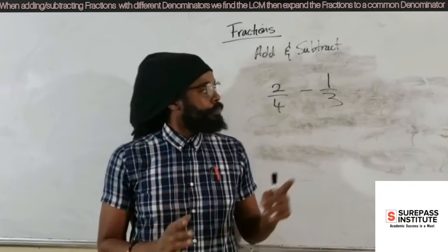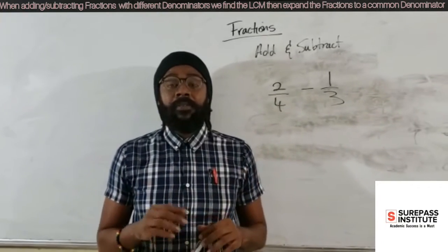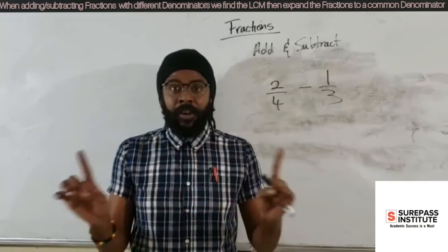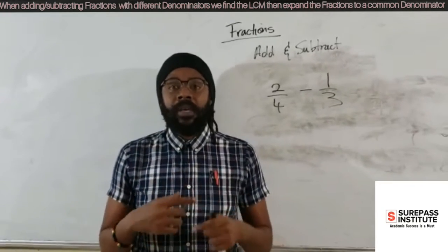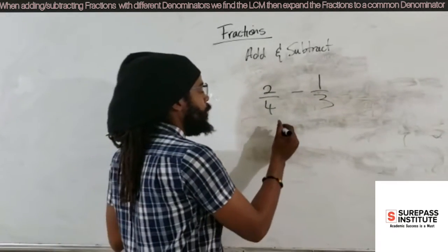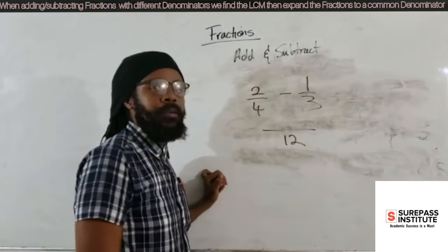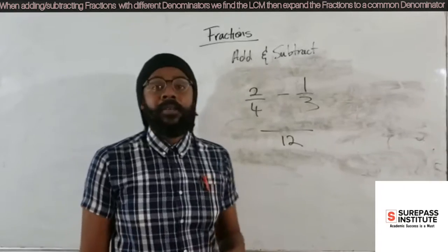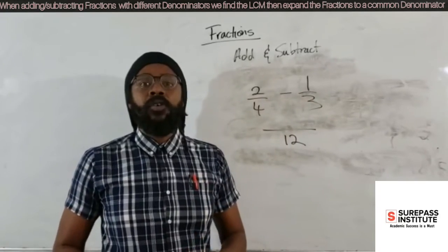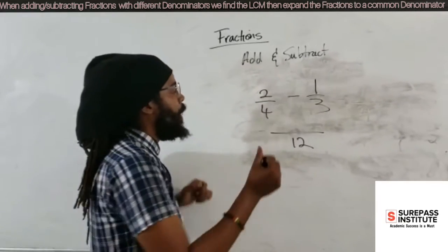Let me repeat again. Whenever we're adding or subtracting fractions with different denominators, we find the lowest common multiple, which is the lowest number that the given denominators can go into without leaving a remainder. Now, in this case, our LCM would be 12. Why? 12 is the lowest number that 4 and 3 can go into without leaving a remainder. After we find the LCM, the concept says that we should expand these original fractions to the new common denominator of 12. We do that by multiplying